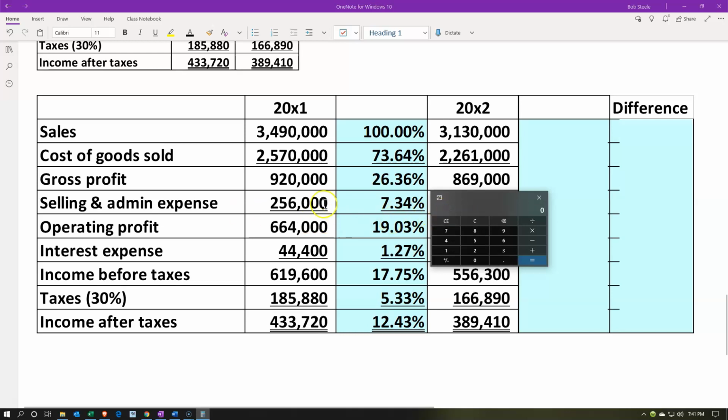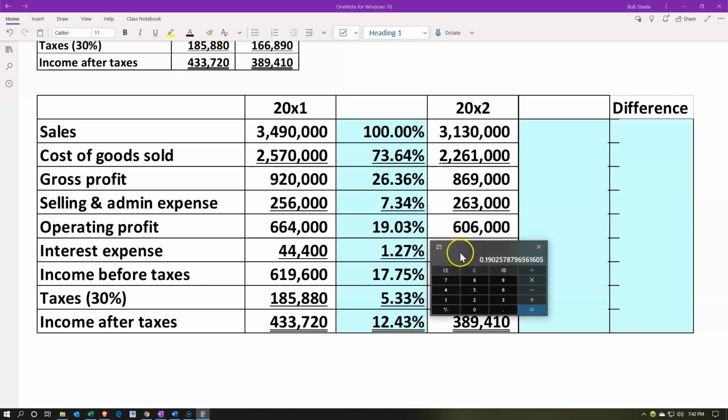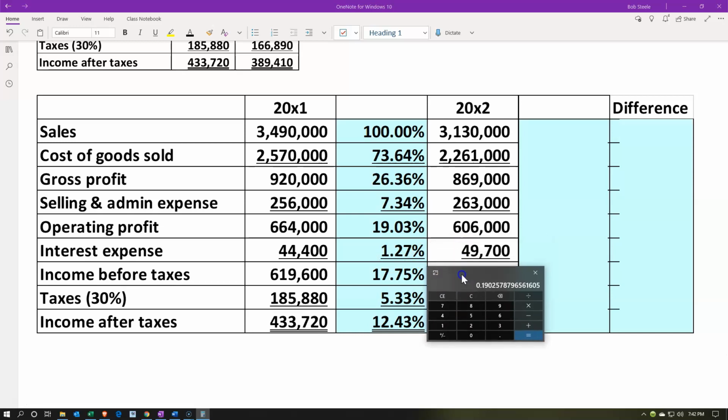Selling and admin is the 256,000 divided by the sales, 349,000. If we move the decimal over, we got 7.34% about. And then we've got the operating profit subtotal here, which would be the 664,000 divided by the 349,000. And that, if we move the decimal over, 19.03 about. And then the interest expense, you could do the same thing, of course, which would give us the 1.27,